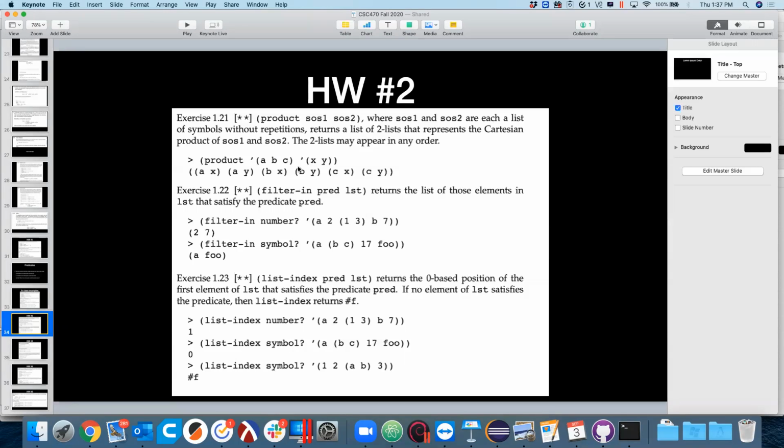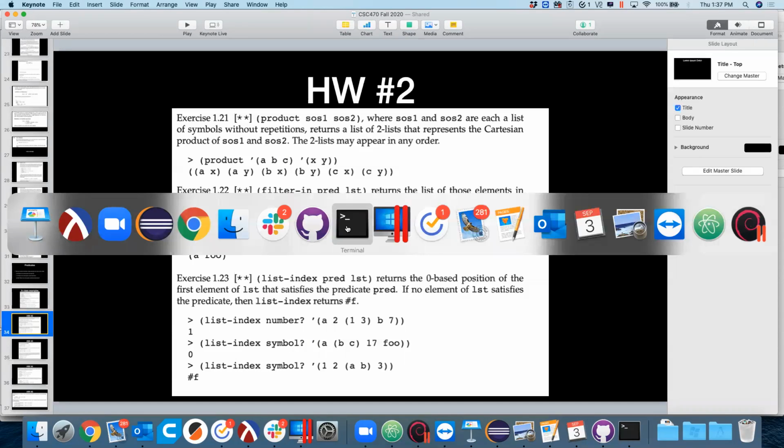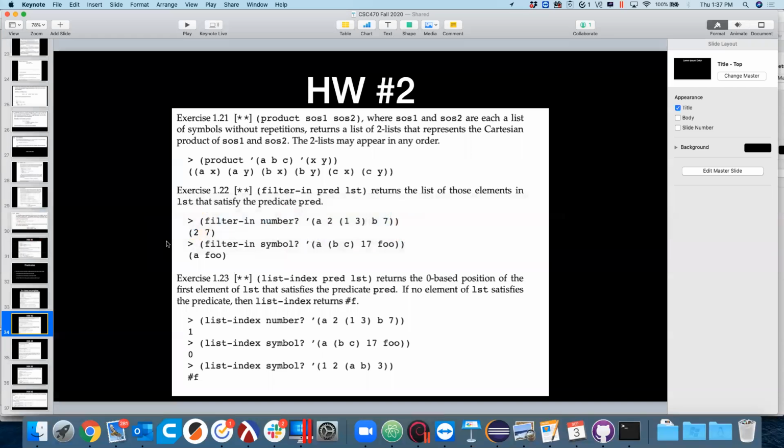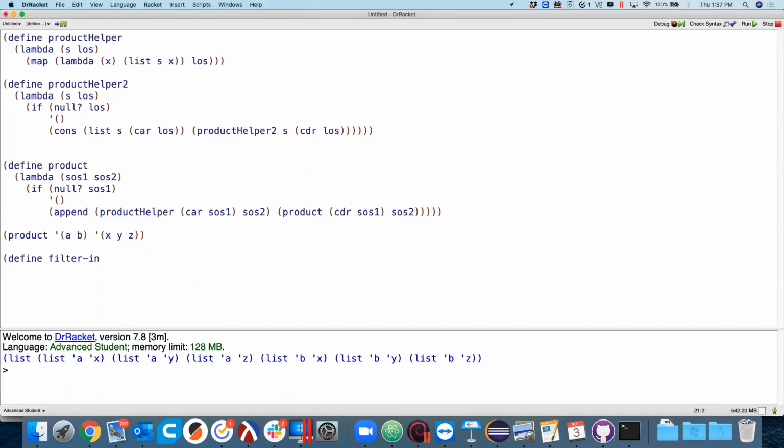Actually, the map works for this one too. So we'll write a couple of versions of this one. Filter-in. Did I spell it right? Can I see? Looks good. Way to be on top of things. Predicate and a list. And what I can do is, I can map